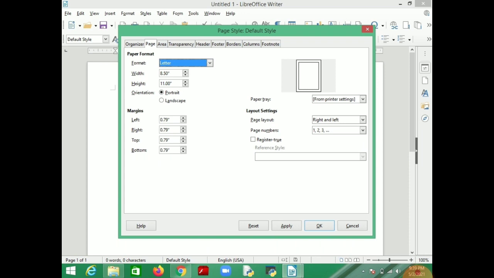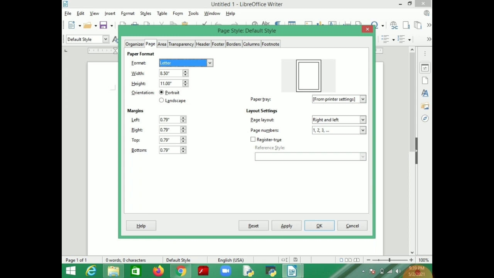You can set the size or format of your page, meaning whether you want to use A4 or letter size or any different width and height. It can be portrait or landscape, meaning you want your document vertical or horizontal.